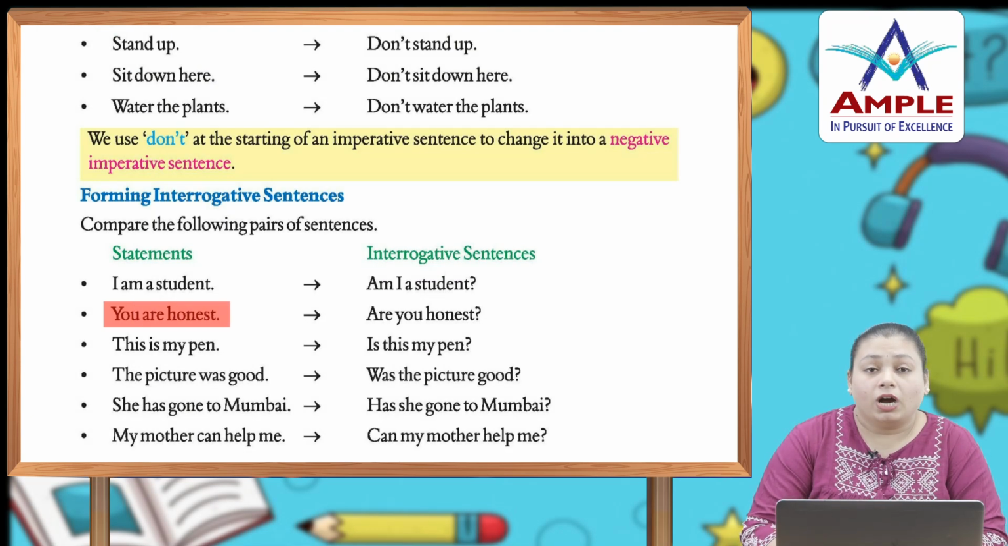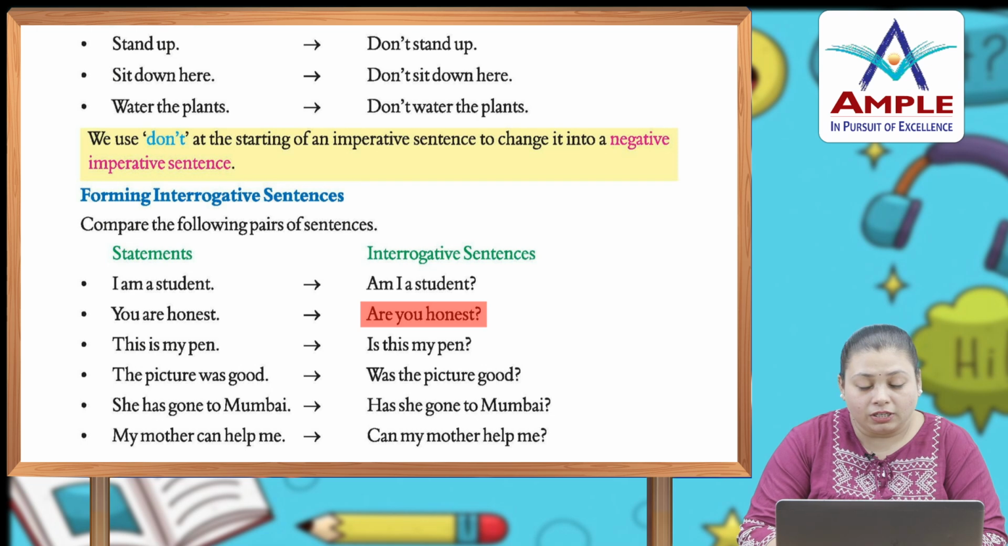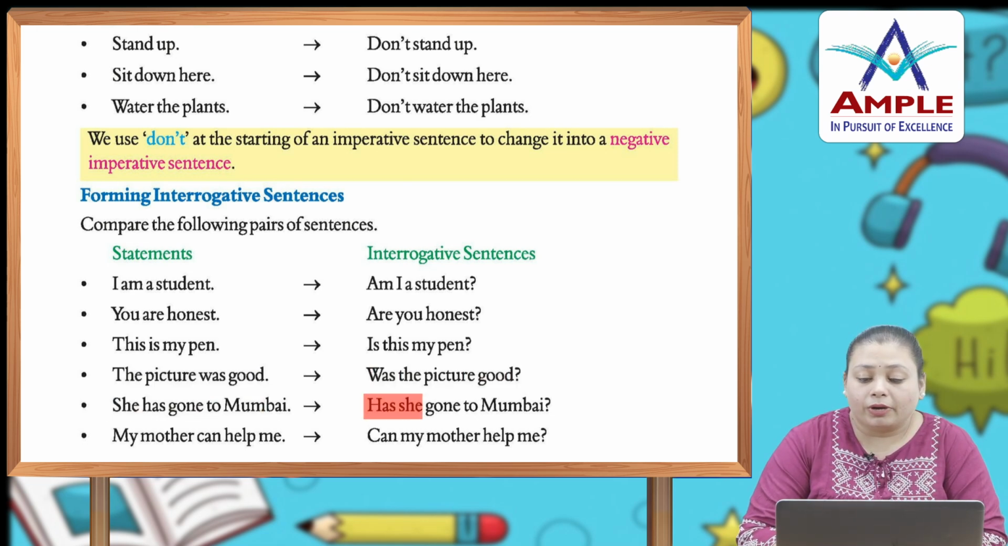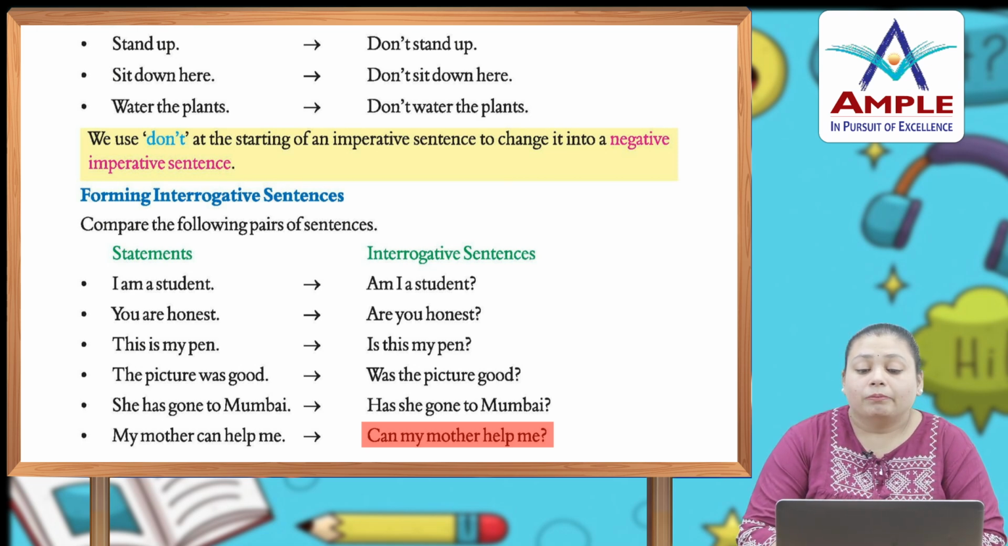Number 2, you are honest. Are you honest? Number 3, this is my pen. Is this my pen? Number 4, the picture was good. Was the picture good? She has gone to Mumbai. Has she gone to Mumbai? My mother can help me. Can my mother help me? So you can see that we didn't put any WH family word here, but we use a helping verb instead